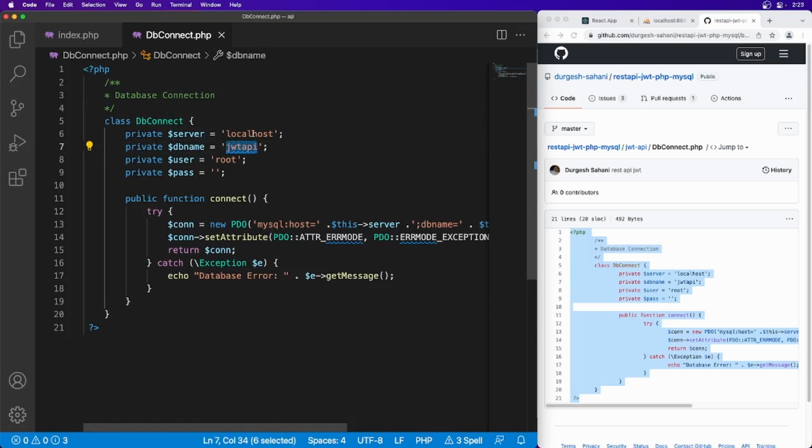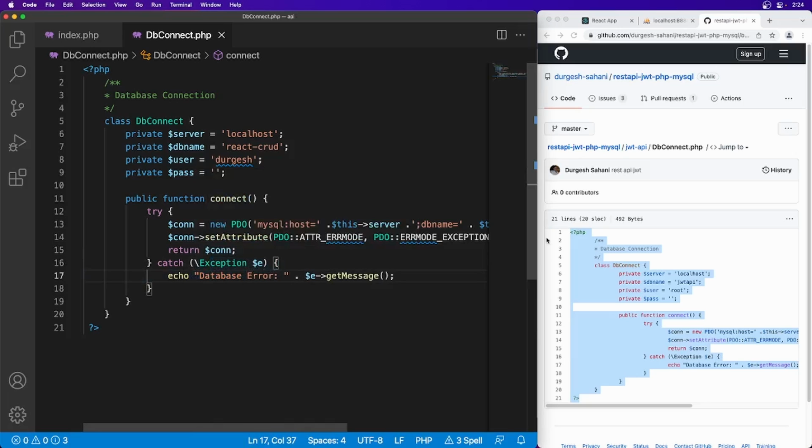So what basically it is doing here, if you see, I have a class dbconnect, and here we have server, which is localhost, and database in our case will be React CRUD, which we have created earlier. Then username, we can use the existing one. I think for this system I have created username Durgesh without password. So these are the credentials for our DB connection. And here I have a connect method which is trying to connect through PDO, and we are setting some parameters here. If the connection is successful, it will send a connection object, otherwise it will fail with the error.